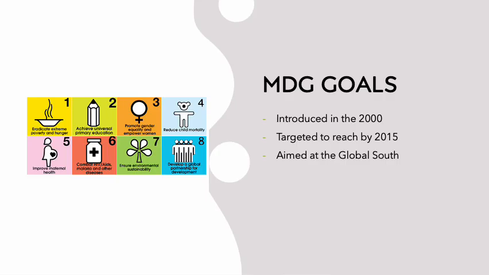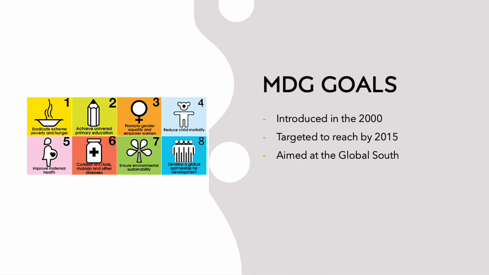The Millennium Development Goals, MDGs, were introduced in 2000 and focused primarily on poverty reduction, education, health, and gender equality, with targets to be reached by 2015. The MDGs were successful in many areas but were criticized for not addressing key issues like environmental sustainability and equality in a comprehensive way. Also, their focus was mainly on developing countries without engaging richer nations in global challenges.